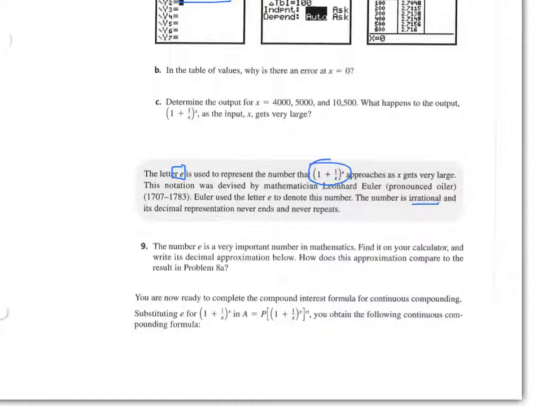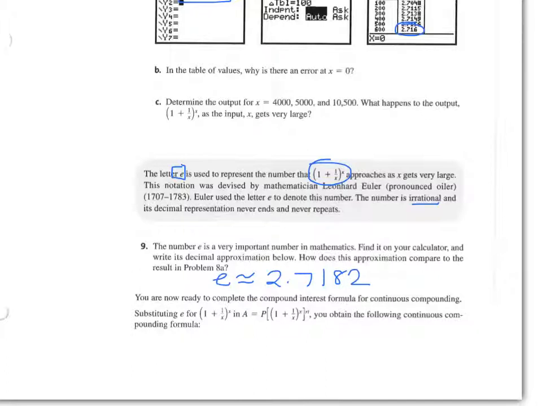So when I see it in a formula, I can just use e on my calculator. There's an e right on your calculator. I don't have my calculator in front of me, but it's above a certain key, so you have to press second to get to it. But it is just a value, just like pi. If you go on your calculator and find that e, even the table is showing us at the end that e is approximately